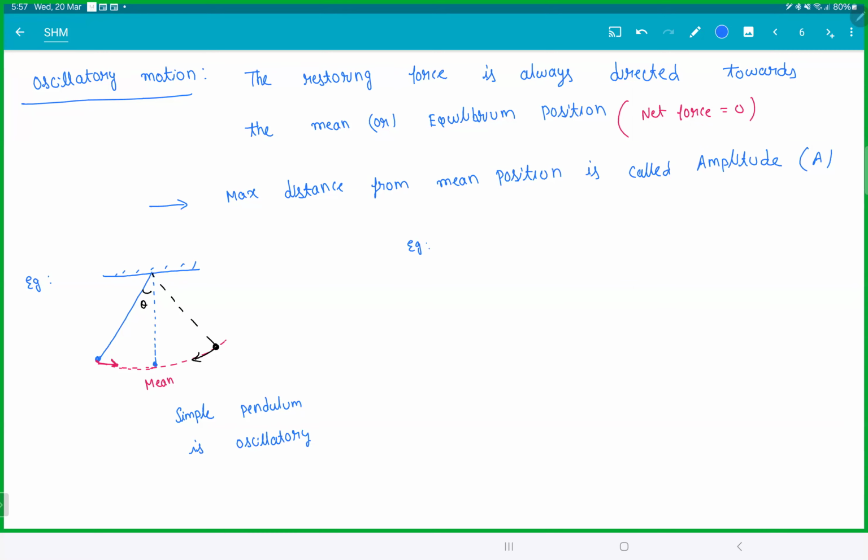Another example, let's say we have a plus Q charge here and a plus Q charge here, right? And we keep a minus Q charge here. And we know the unlike charges attract. So this guy attracts by force F. This guy attracts by force F. The resultant F net is towards this way. This position is your mean, the center. Suppose the same minus charge Q goes on this side. This time the attraction is this way, the attraction is this way, but the resultant force